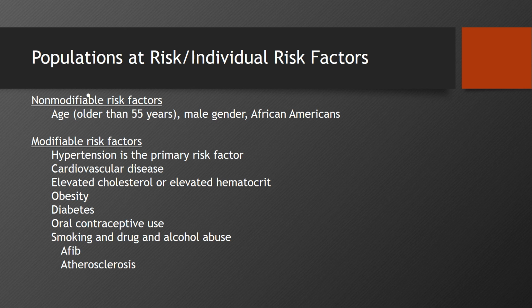The male gender tends to be at higher risk, and your race can also put you at higher risk. You can see there, African Americans tend to have a little bit higher risk than some of the other races. Modifiable risk factors are those that you have some control over. You have the ability to maintain these risk factors and not let them get any worse,